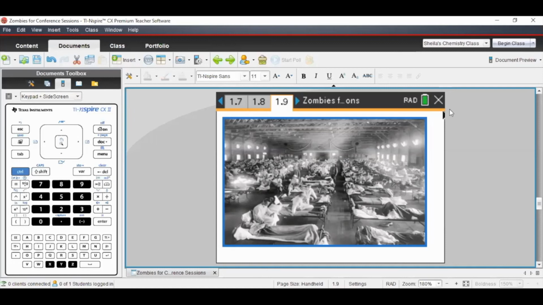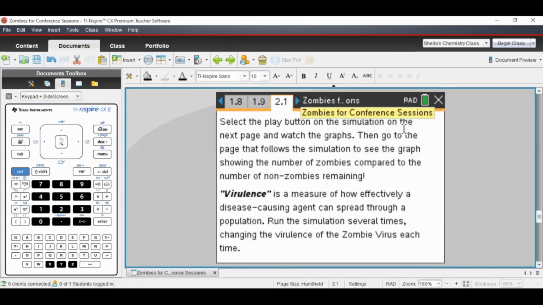102, 103 years ago, that wasn't part of the reality. There were no flu shots, which again is a testimony to the effectiveness of vaccines on the survival rate of people and also the lifespan of people. So rather than just belaboring this, again, look at the great opportunity to do some research on this particular epidemic or pandemic. The last thing we're going to do in this activity is another simulation